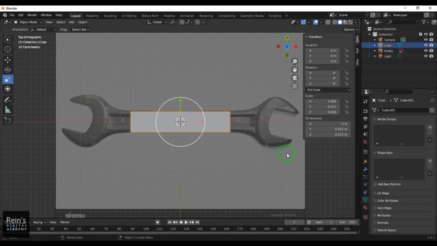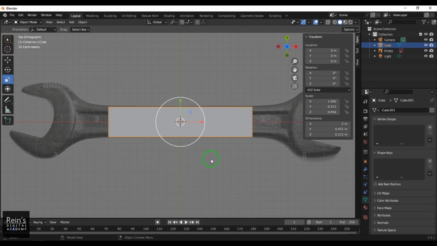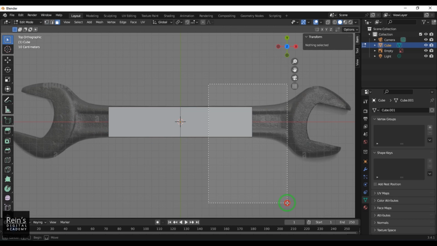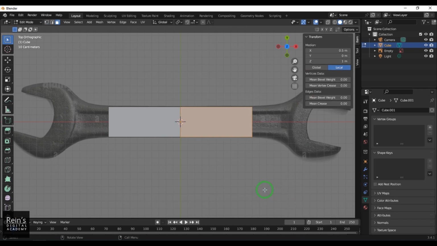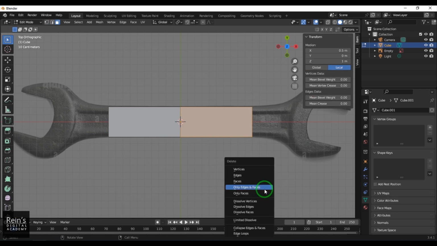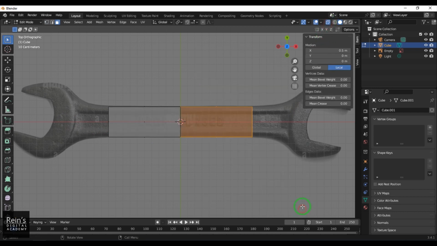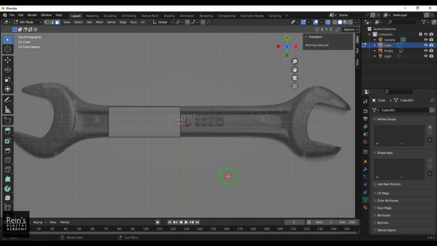Okay, let's select the model again and then hit Tab and press Ctrl R and then place a line in the center, and preferably I'll model only one side of this. So I press 3 and select all the faces and then delete the faces there. I need to enable this X-ray, delete the faces. Okay,